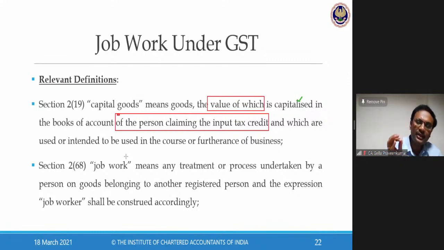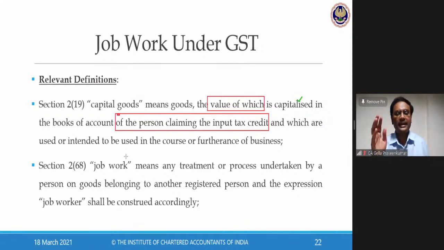So one aspect you need to understand when we talk about this law: capital goods should be looked at from the person who is owning that capital goods, how he is giving the treatment in the books of accounts for the purpose of accounting. So if I have accounted that as a capital item, not as a revenue item, then I would call that capital goods. So any goods on which I claim input tax credit, if I take into my balance sheet as a capital asset, that would be called capital goods. So this definition varies from person to person, the way they use that particular goods. This is the first definition. Second definition, job work means